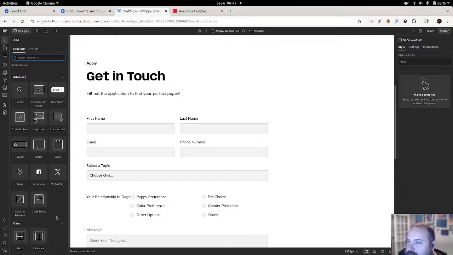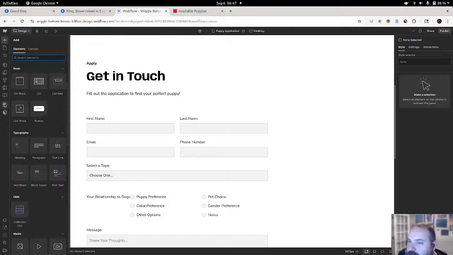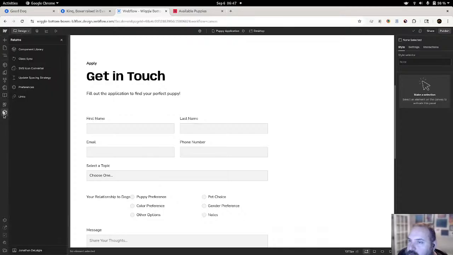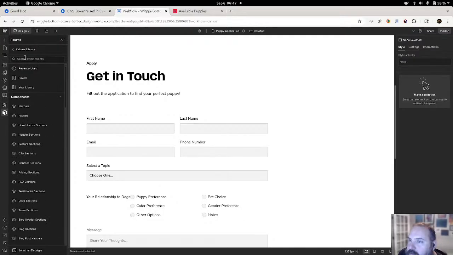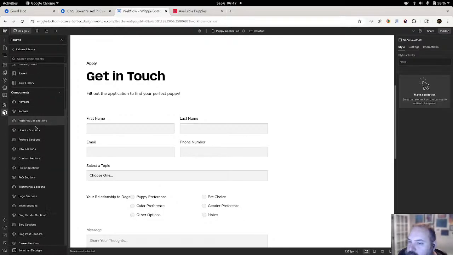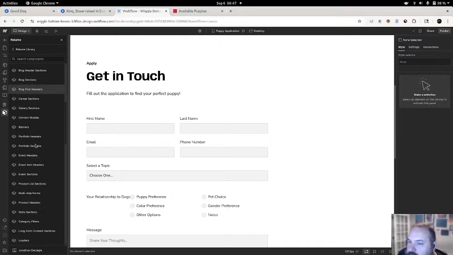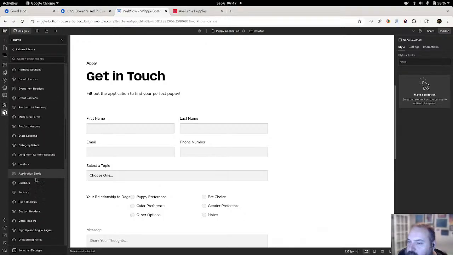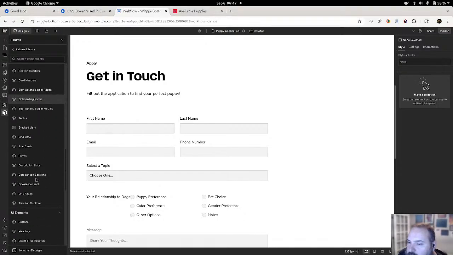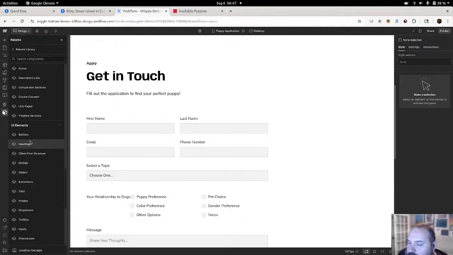Oh man. All right, how about inside of the component library? Logo, career, events, category, buttons, headings, modals, sliders, accordions, inputs.